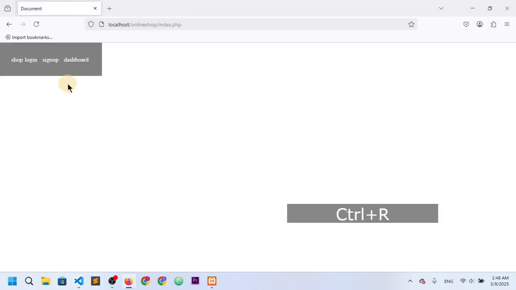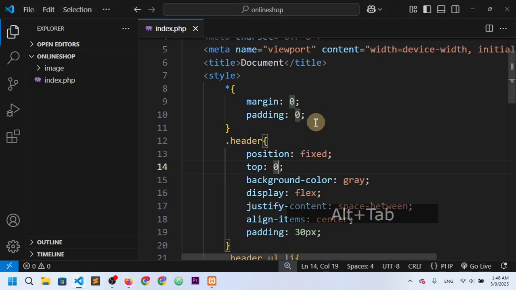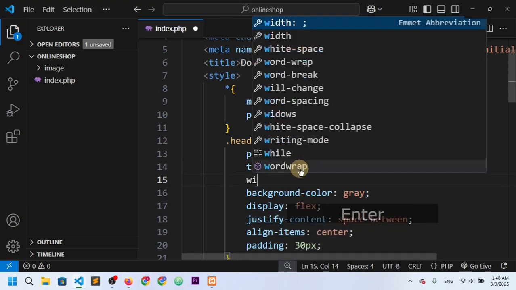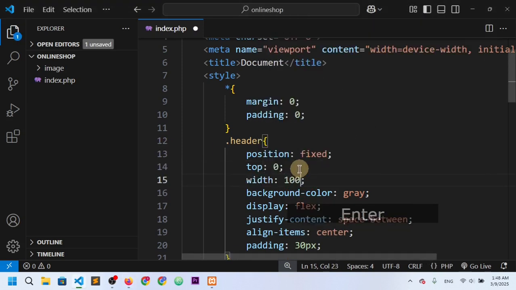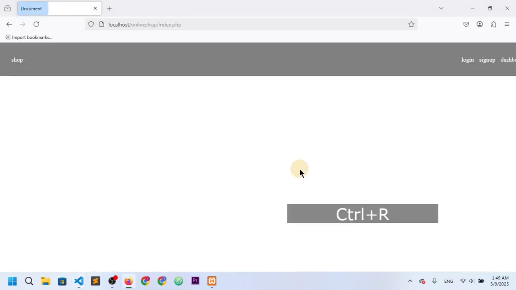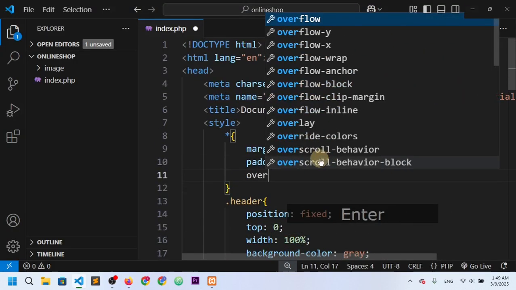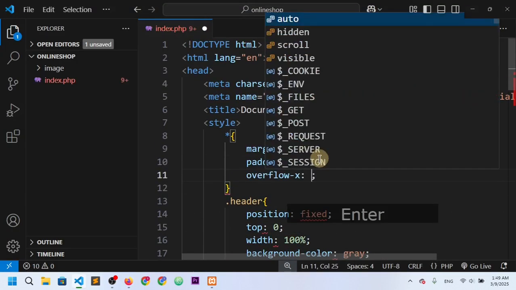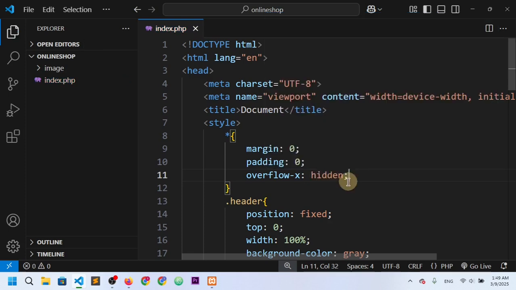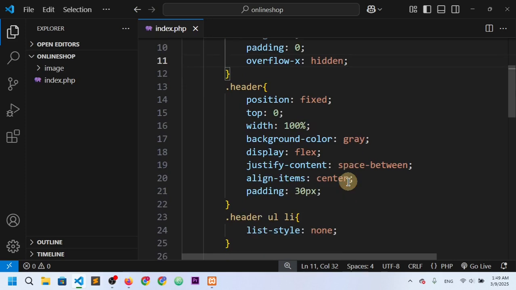Refresh. Okay, and the problem is I have to set the width of 100%. So I will say width 100%. Refresh. Okay, now it's perfectly working. And actually, I want to set overflow hidden here, so that we don't get any horizontal scroll bar. So I'll say here overflow-x hidden, and here actually I want to add